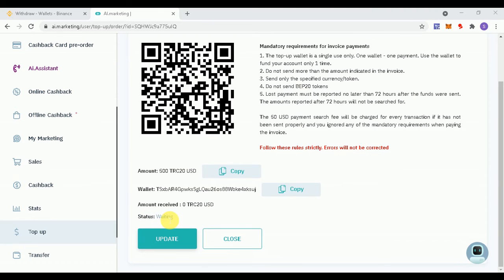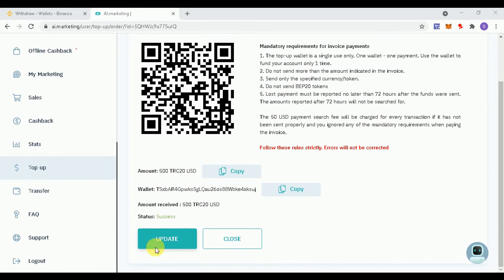It will show you success when 500 is received. So wait for 2 to 5 minutes. It will take 2 to 5 minutes and you can see your balance in your account at balance. Okay, so we will wait for 2-3 minutes.